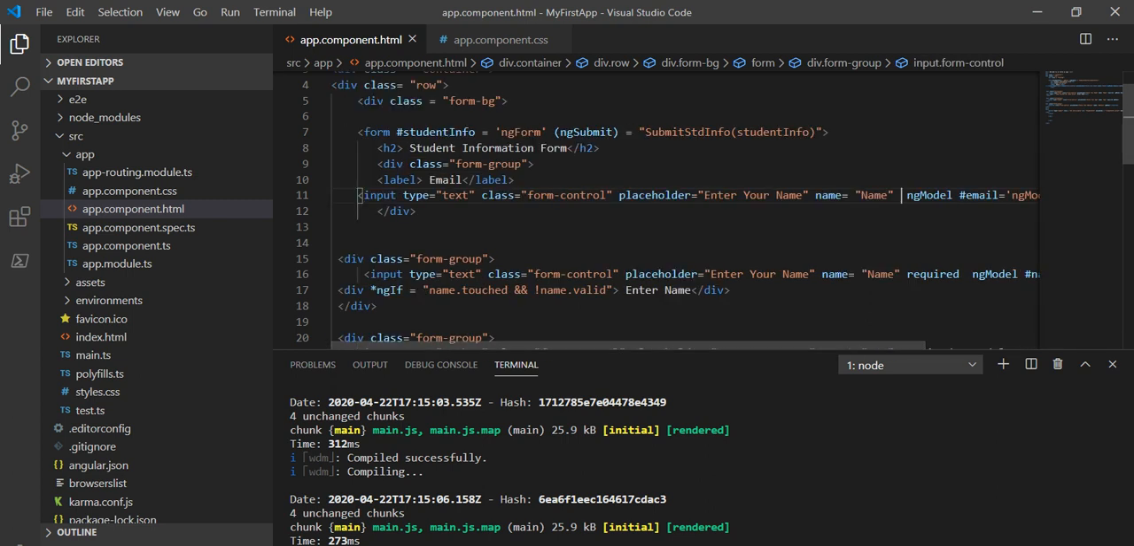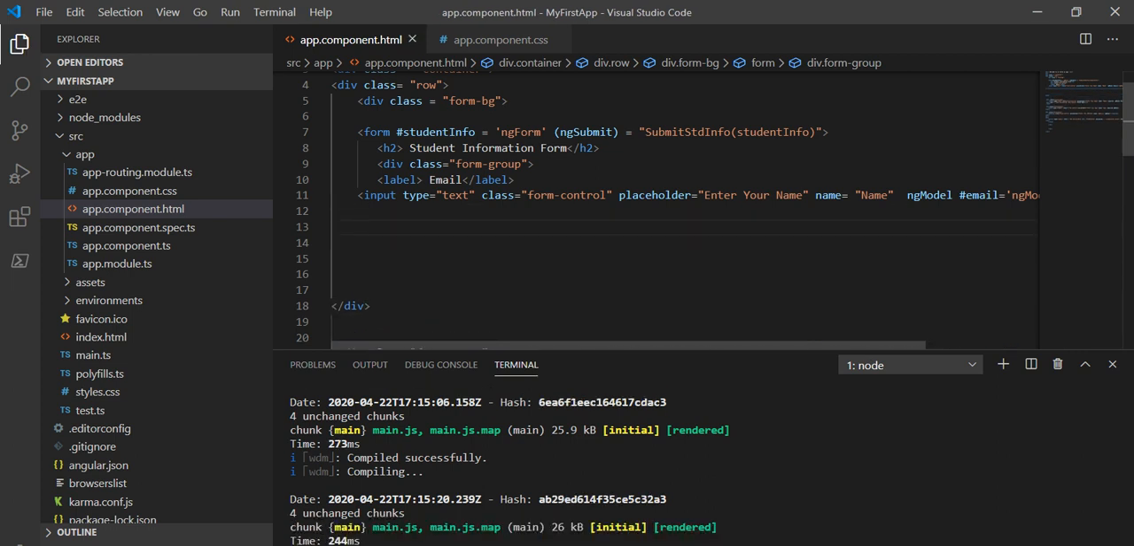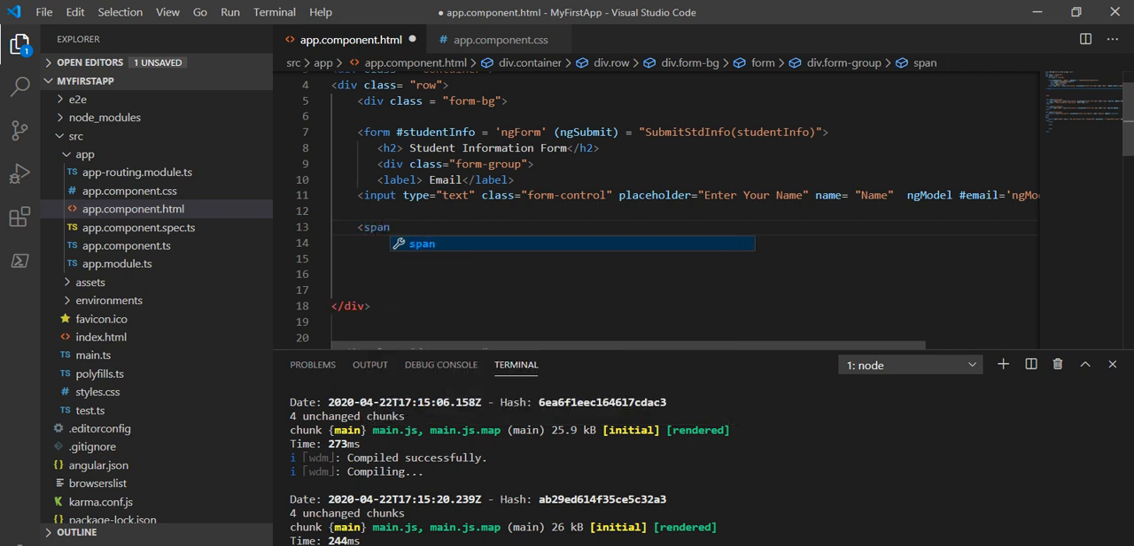What I will do, instead of writing that required field, I will take a div, and here I will take a span. In this span I will take one class, and the class type will be text-danger, and inside this I will say